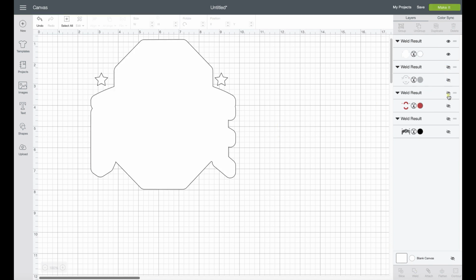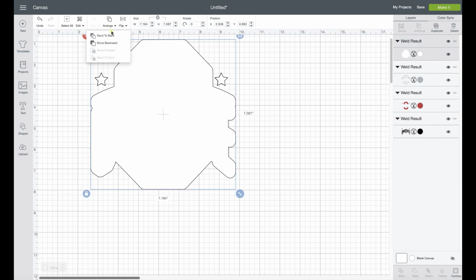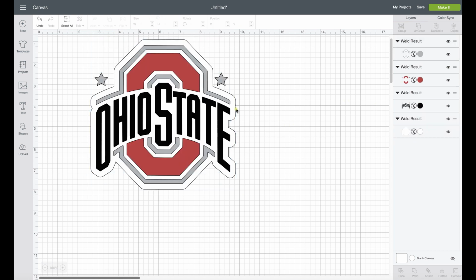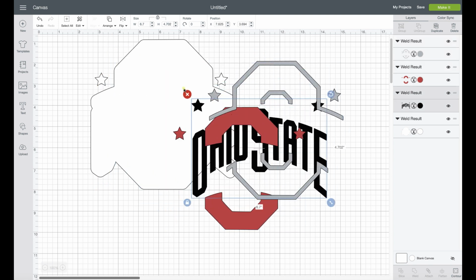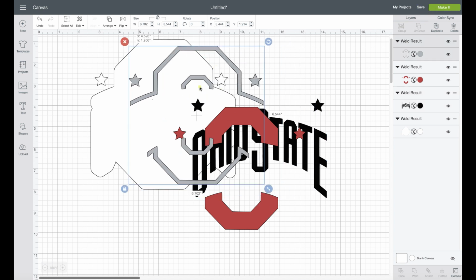Now I can unhide everything else. Just going to arrange and move that to the back. And everything is lined up. Everything has their own registration marks. They're all in line. They're lined up together. And when I hit make it and cut, then I'm going to be able to come back in and place these where they need to be